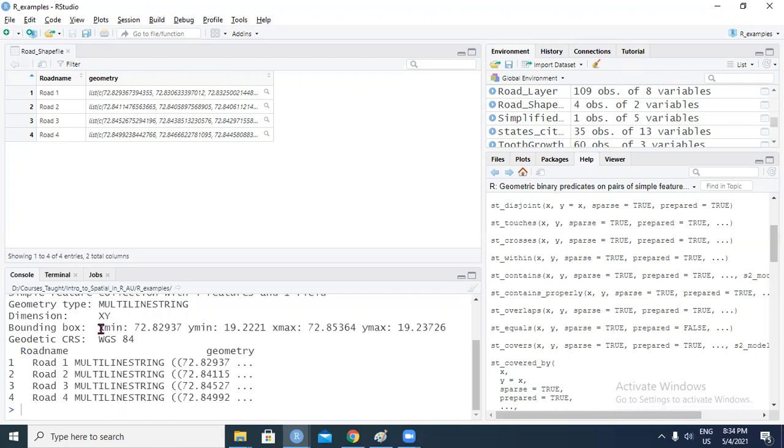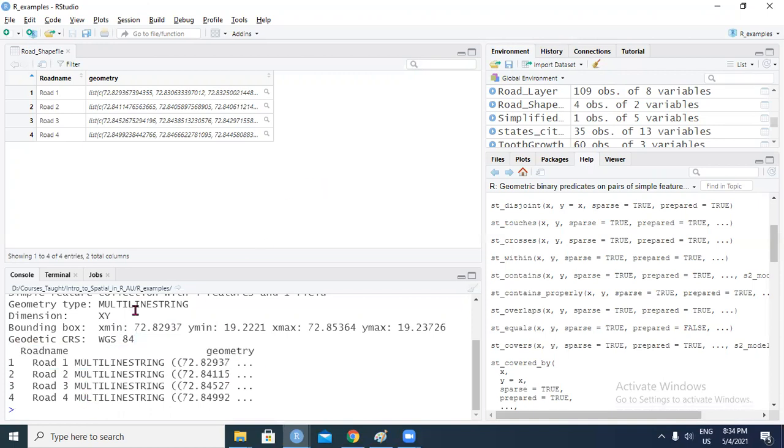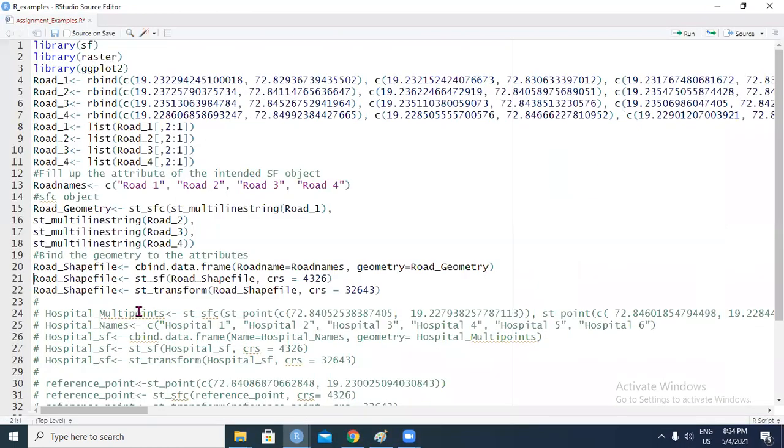The CRS we see is WGS84, and now we need to project it, or rather reproject it, into your map units or the Cartesian coordinates, so that you're able to work with that shapefile, make calculations, distances, geometrical binary predicates, everything. That you do by using the st_transform function, and this is the EPSG code for your UTM-43N.